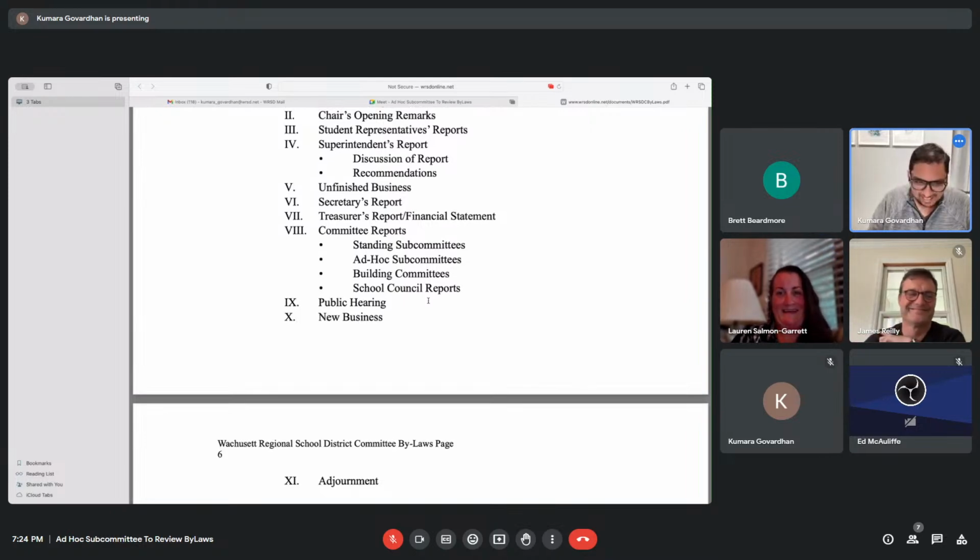The only other thing I was going to mention, and I have it pulled up on my screen, is that MASC does have an agenda format sample policy, and it doesn't actually list anything as we are doing. Oh, interesting. Do you want me to read it? I have it pulled up.